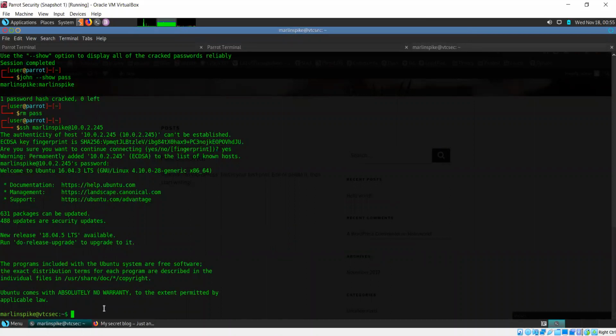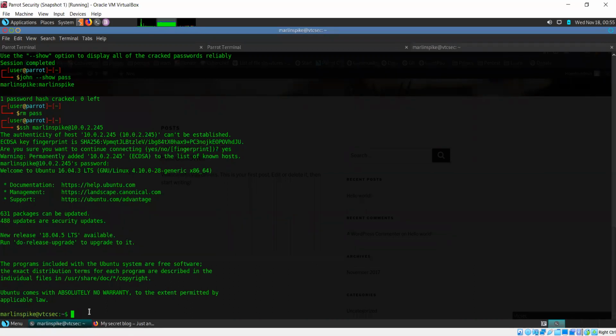Now, for the Marlin Spike user account, we have the credentials. We have logged in using SSH. One of the things you do when you log in as a user is try to figure out whether this user can run anything as sudo, because the ultimate goal is always to get root access. We have user access. We are logged in as a user, but can we get root access? That is the question.